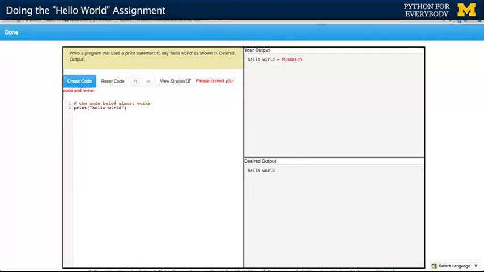Another thing that's cool about this is this View Grades button that you don't see, that we, the teaching assistants and teaching staff, see. If you're having problems on an assignment, you don't have to put your code in the forum. You can simply talk to a teaching assistant in the forum, and they can come into the assignment, and they can actually see your exact code sitting in the autograder. They can even run your code. It's a much better way to exchange code with the teaching assistants than posting code in the forums. In the very last course, we do let you post code in the forums, but in the first 4, we don't. I know that's frustrating to people, but